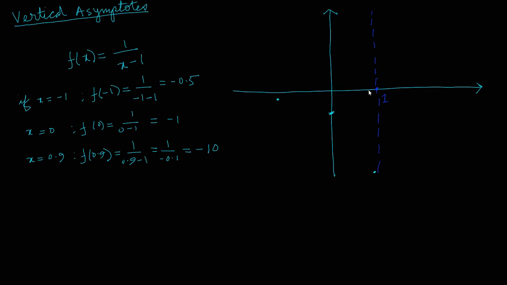Similarly, if x is 0.99, very close to x equal to 1, what is my function of 0.99? It equals 1 over 0.99 minus 1, which is 1 over negative 0.01, which is negative 100. Which even goes beyond my